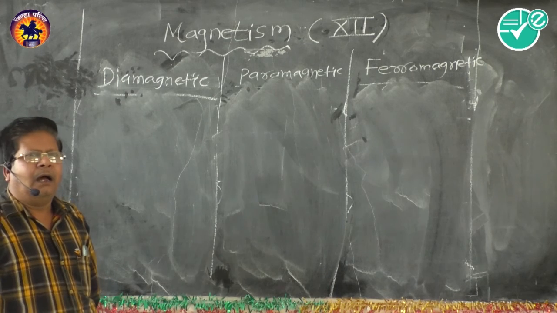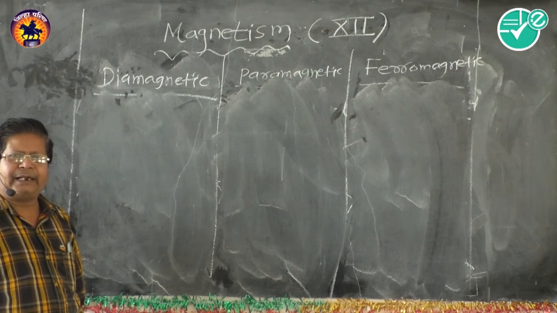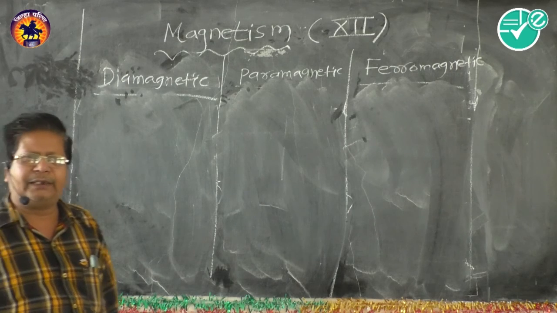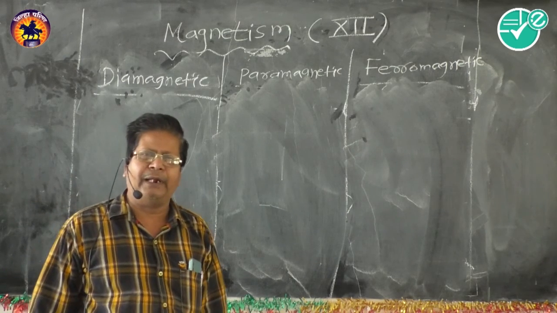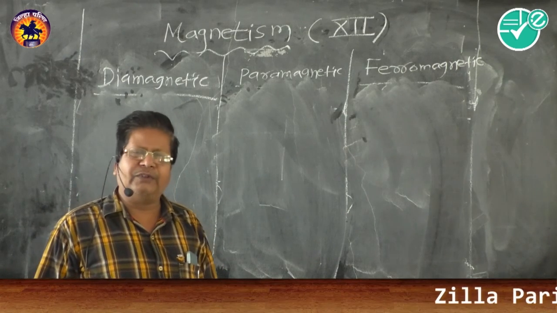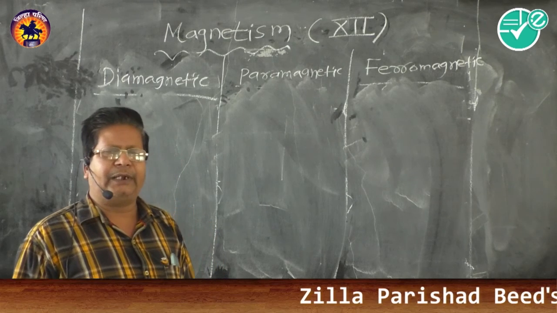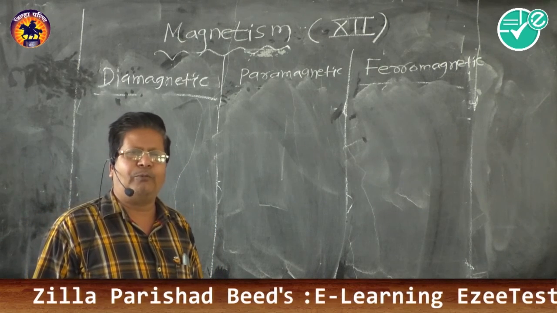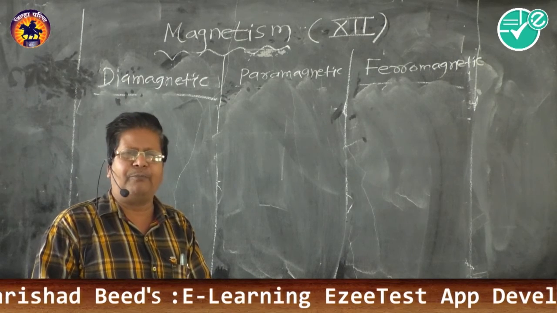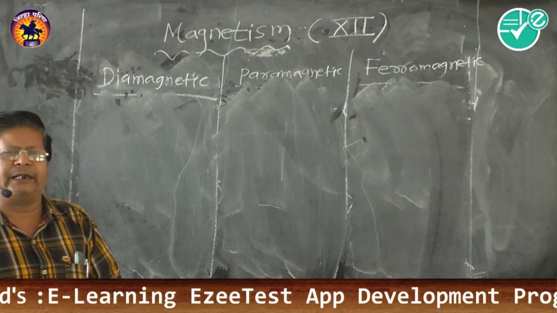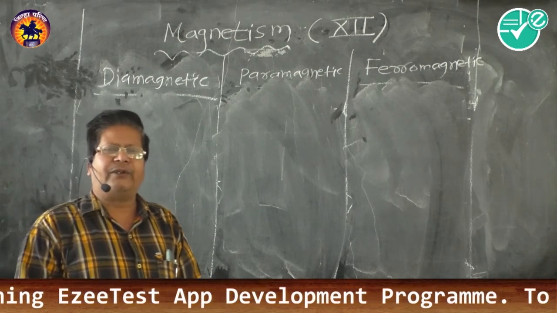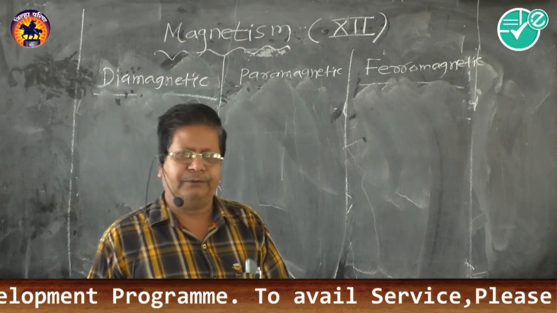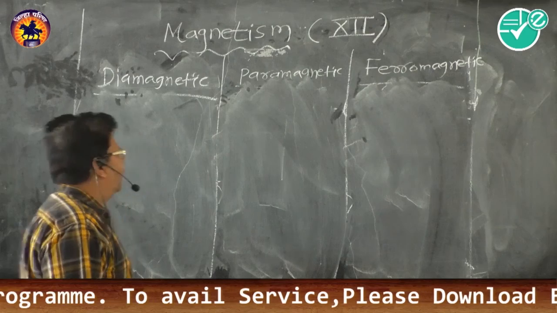In diamagnetic, the net magnetic moment is opposite to the direction of the magnetic field. In paramagnetic, the net magnetic dipole moment is feeble, which is in the direction of the magnetic field, but in case of ferromagnetic substances, the net magnetic dipole moment is very large as compared to the diamagnetic and paramagnetic, which is in the direction of the magnetic field. Now,